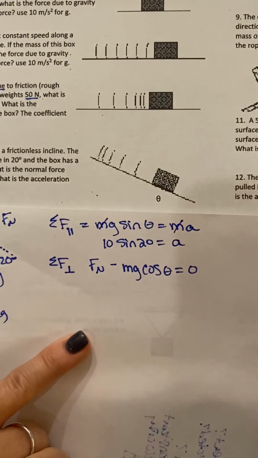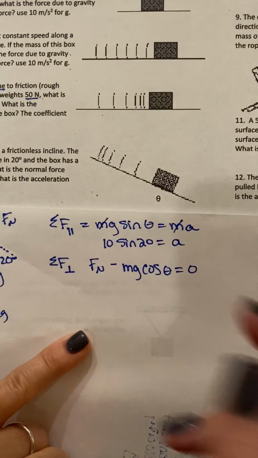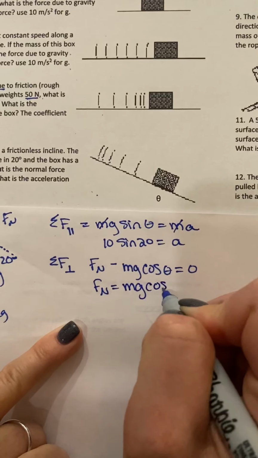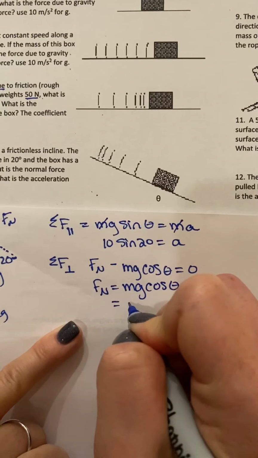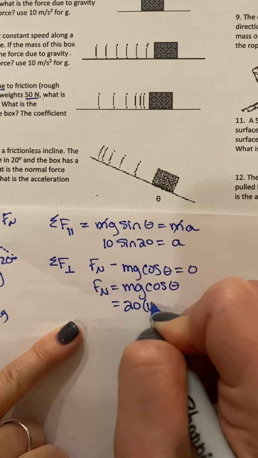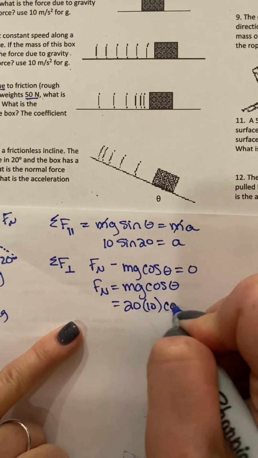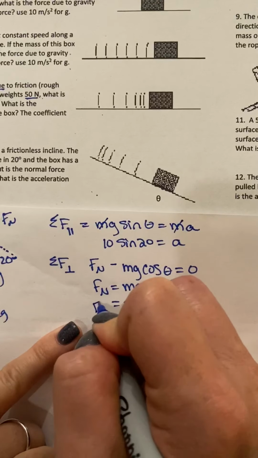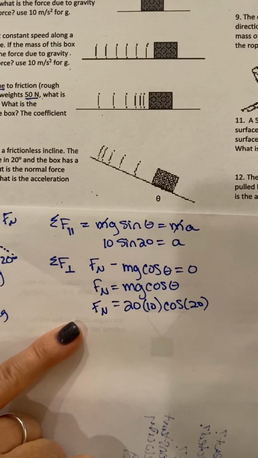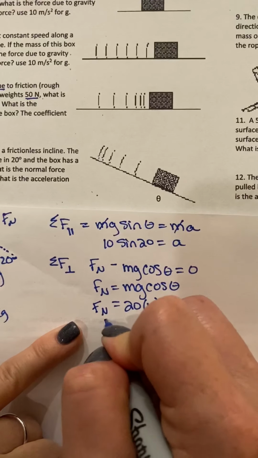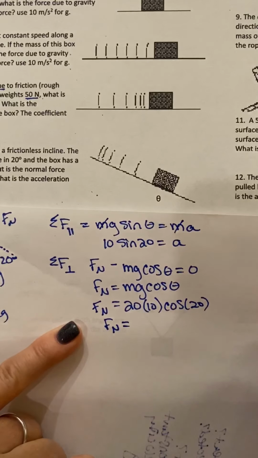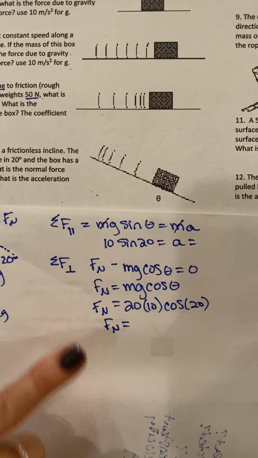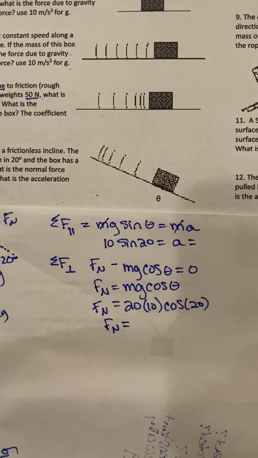All right, our force normal in this case is not equal to mg down, right? Our force normal in this case is going to be equal to mg cosine theta. So my mass is 20 times g, which is 10, cosine of 20 degrees, which would give me my force normal. And again, I don't have a calculator, so I can't solve what that is, but this is how you would solve that problem. I should get myself a calculator before I try these. All right, I'm going to do one more